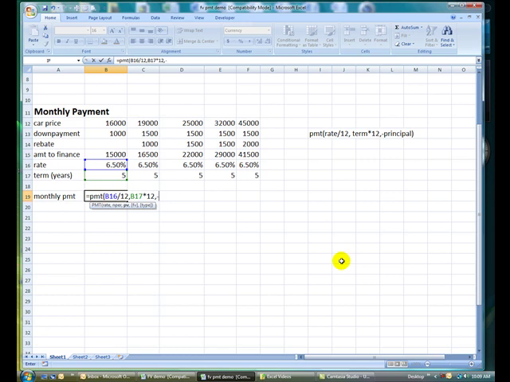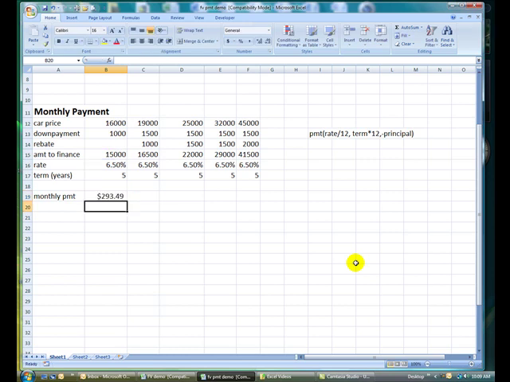I'm going to type in a minus before the cell reference of the amount that I need to finance, which is cell B15. Once I get that information in, I'm going to close the parentheses, hit my enter key,